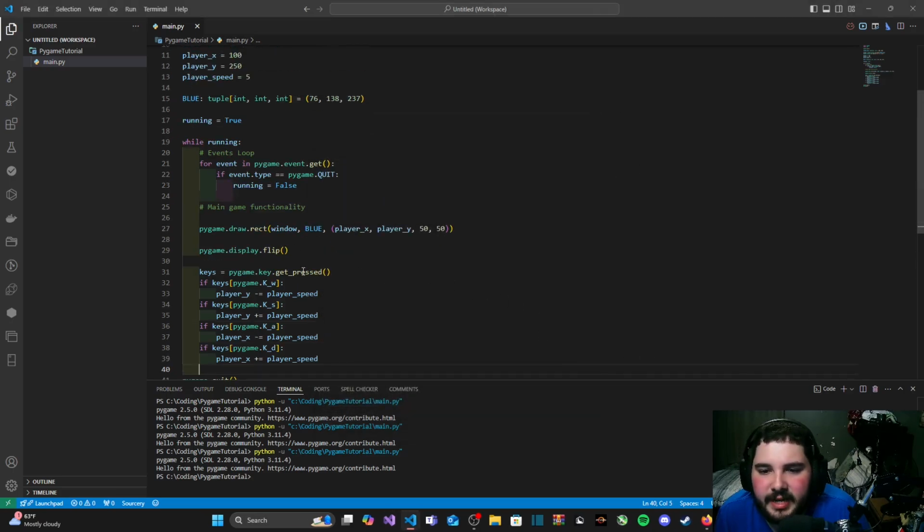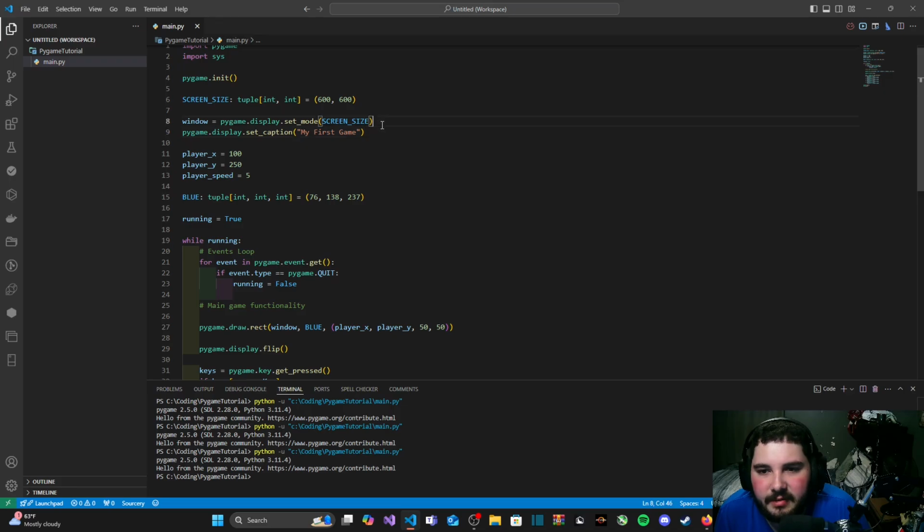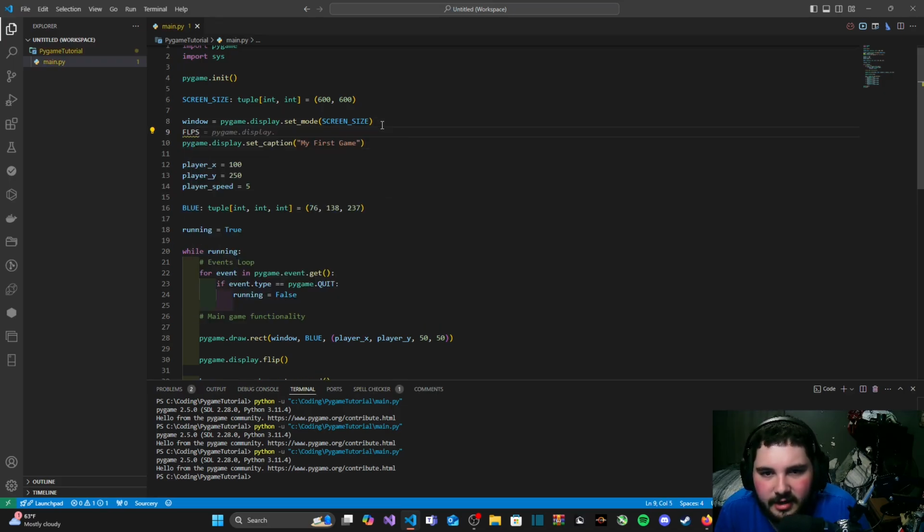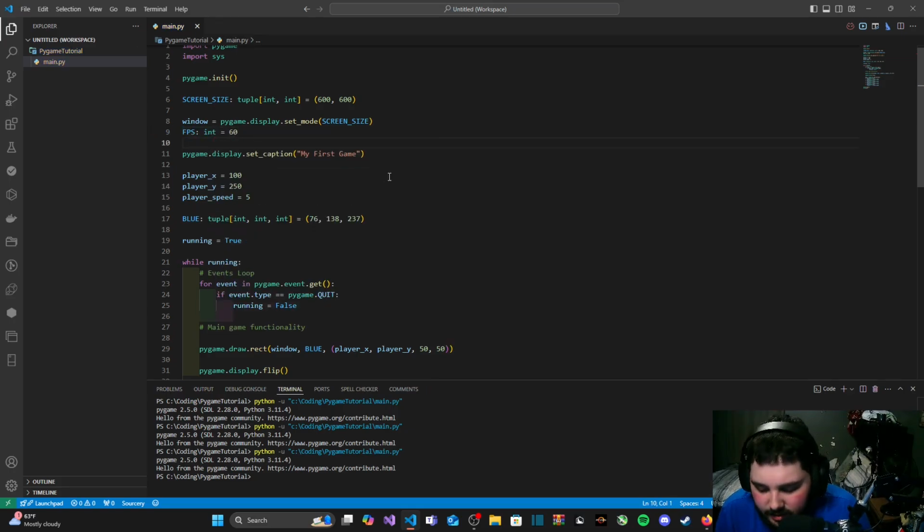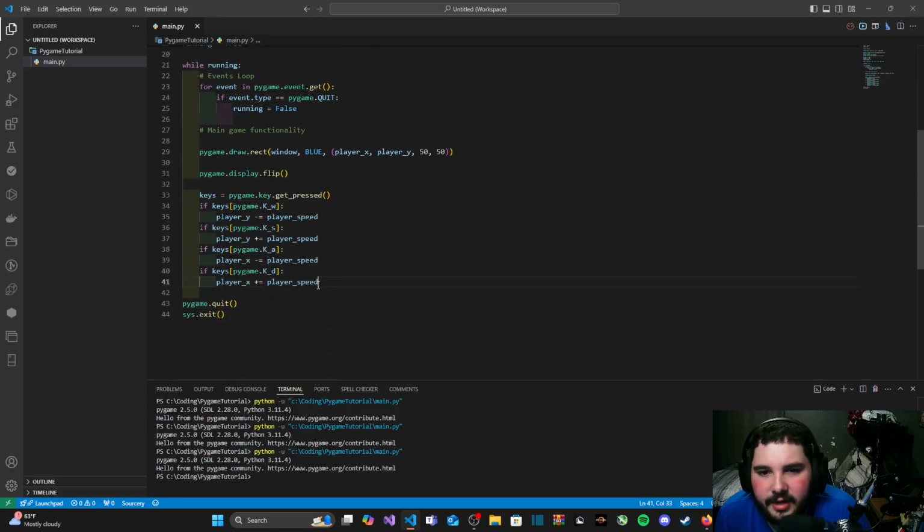Well, that is where we get into FPS. Now, FPS is pretty simple to set up. All we have to do is just come up here and define a variable. I make it a constant. And then we're going to create another variable for our clock, and we're going to set it equal to pygame.time.Clock. And down here at the very end of this while loop, we are going to type in clock.tick